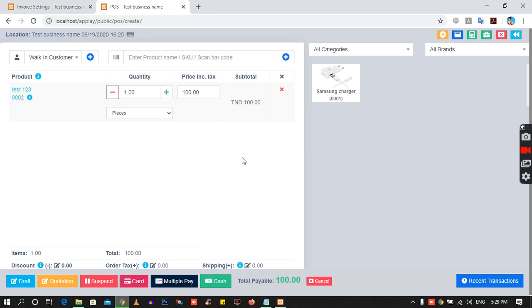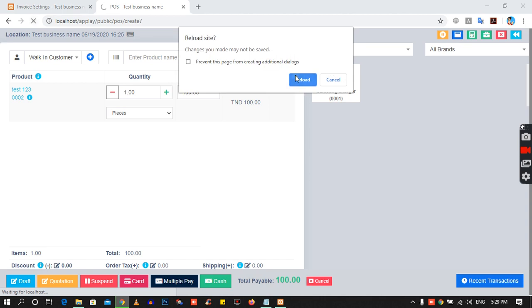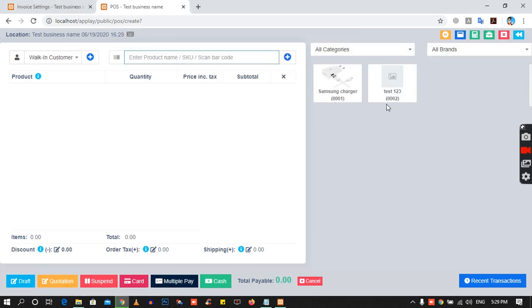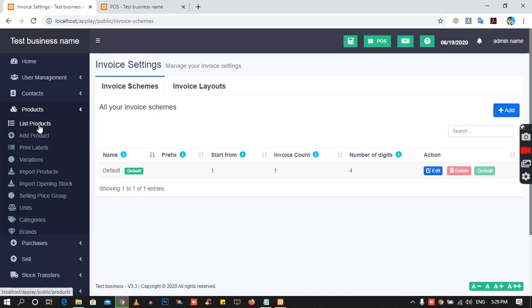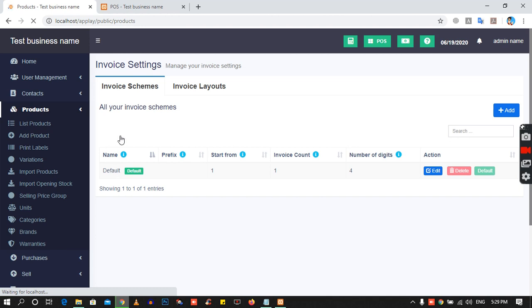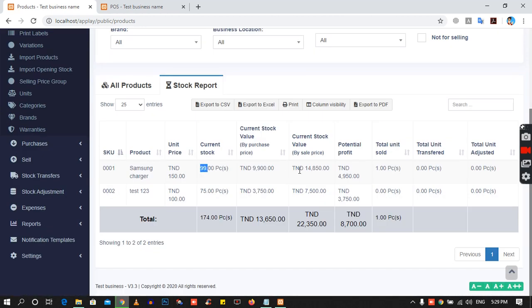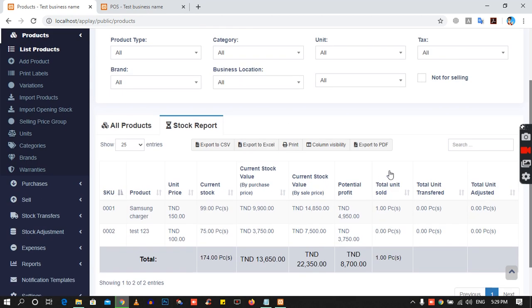So if we refresh it, we also look at this product at the right side. Yes, this is present. The picture we did not add. You can also add a picture from the product list, product section. We can also show our stock here, like this is our stock. We sold one quantity of this stock and we did not sell this stock quantity, so that's why it is showing 0. Everything is present in our software.